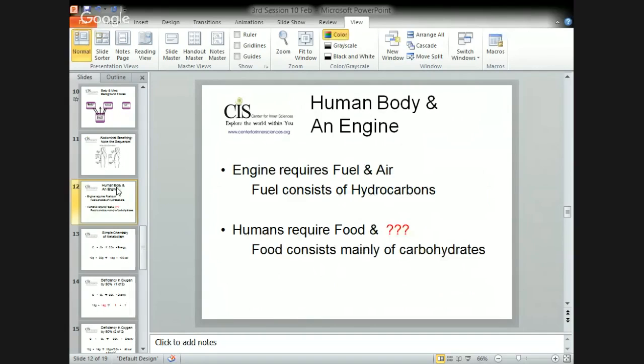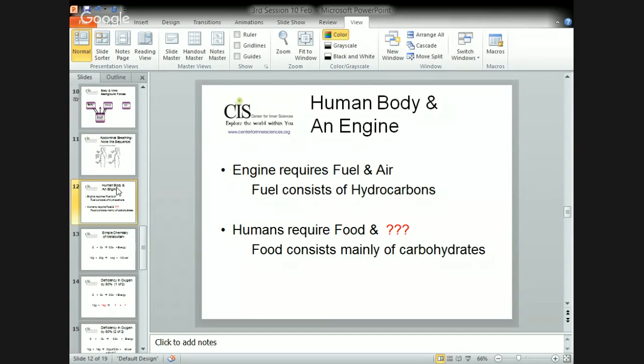So I like to use many engineering analogies. Today I am using an analogy, the human body as an internal combustion engine. In my professional life, I devoted about 20 years to these internal combustion engines and their mathematical simulation, etc. But let's see it from a very simplistic point of view. An engine, like in your automobile, runs on fuel and air.